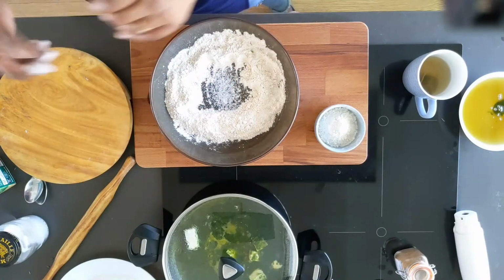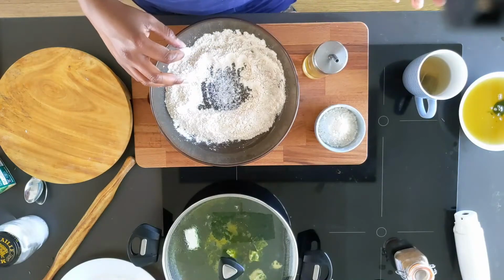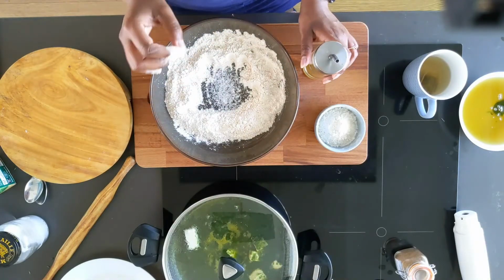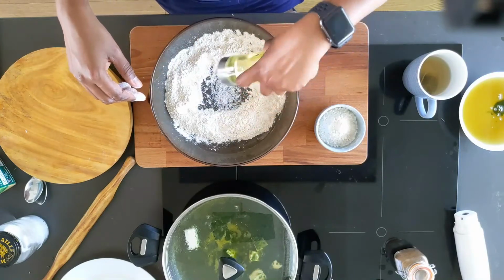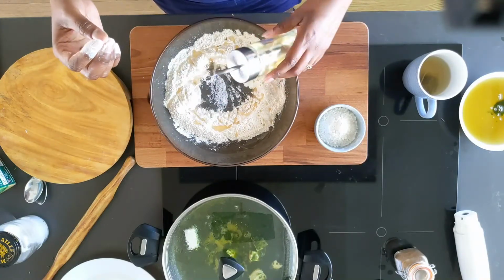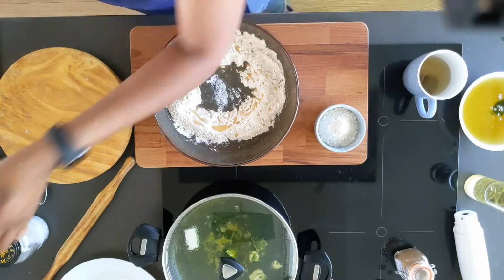you should always add a bit of salt to your flour because the flour itself does not have any taste. If you wish to eat just the bread without something, you would always need some flavor. So add a little bit of salt always. And I will add oil. In this case, you need a bit of oil because that will just make this bread super soft and flaky. So I have now added a tablespoon of oil, and you will need